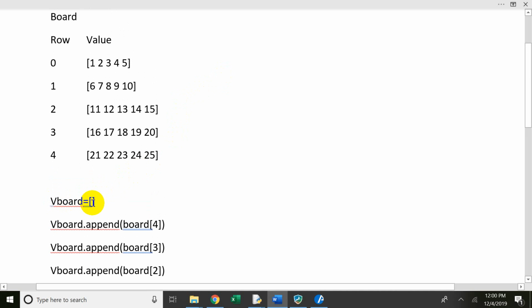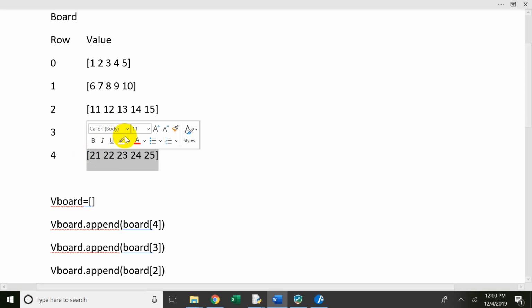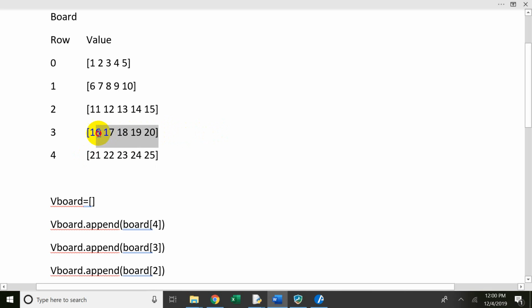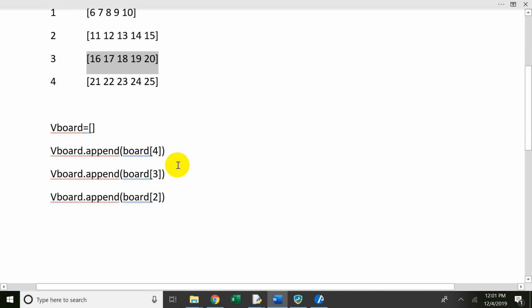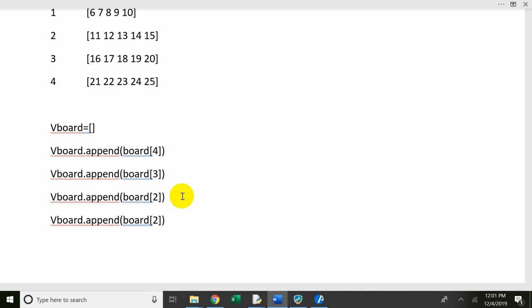So what we really want to do is create a new board. Let's call it VBoard. This is called board. What we want to do is take this last list and make this the first list in VBoard, and take the second to last list in board and make this the second list in VBoard. And so if there were just 5 rows, then we could execute this code,